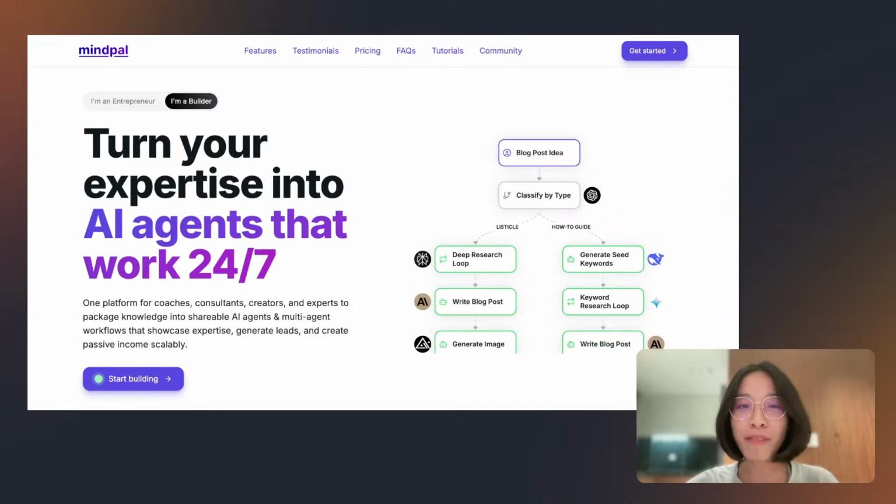I'm the founder of Mindpal, a platform that allows people to build AI agents and multi-agent workflows with no code to automate their business processes. We are probably one of the first official MCP clients, and I have seen a lot of customers using MCP in production-grade use cases. I have learned what makes or breaks the success of an MCP server when it comes to distribution. So let me share with you what I learned.